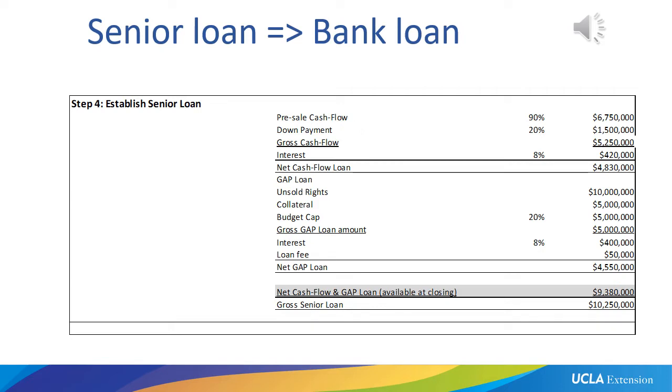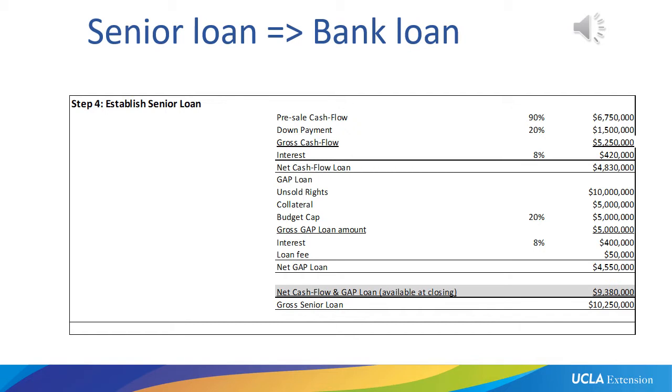They will acknowledge that we have received 20% of our pre-sale contracts already from the distributor. So in this case, they will allow us to deduct this $1.5 million, and they will not charge interest on that. So our gross cash flow loan in this case is